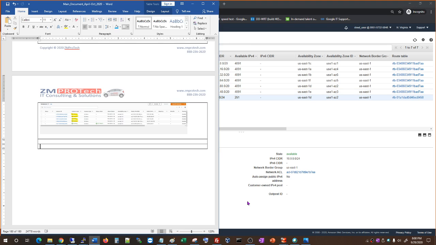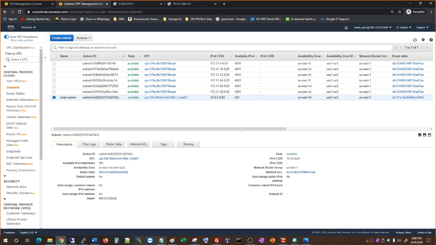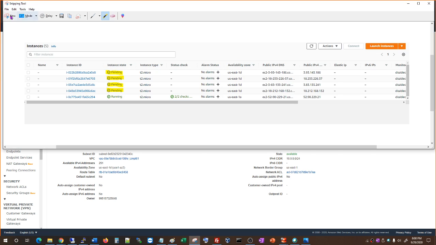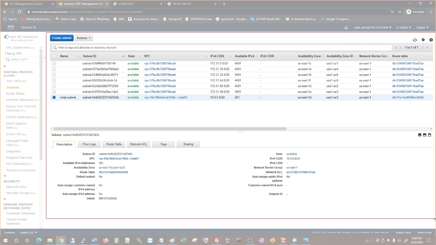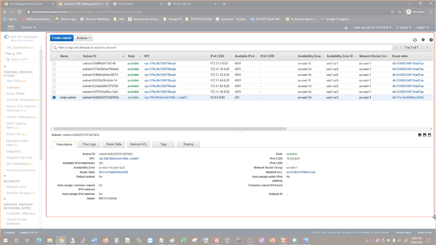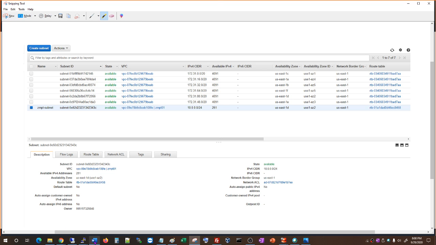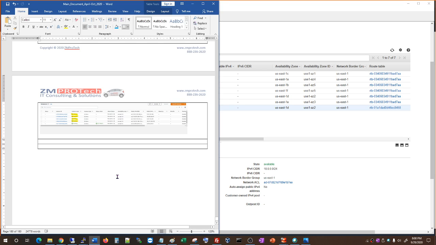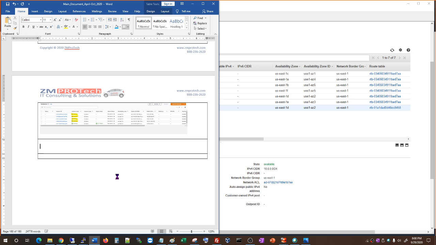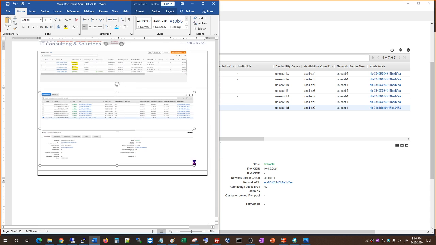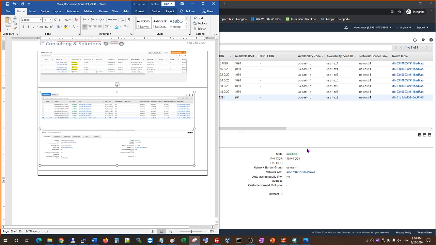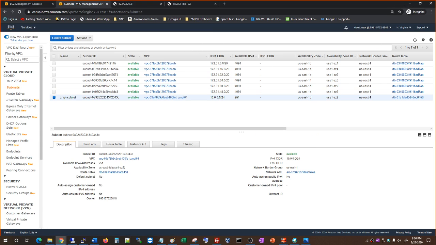So this is what AWS is all about. Okay, there are a lot of things in there, but don't worry too much about it. You just need to know what AWS is for the interview. Most of the time they're not asking too many things for Linux admins, because when you go into the work, all these things are already set up. So all you have to do is just